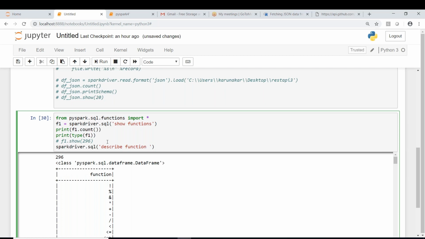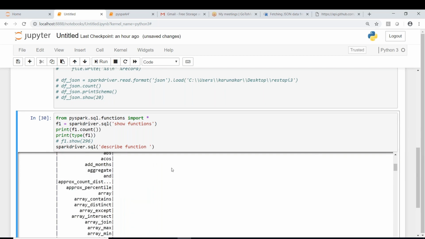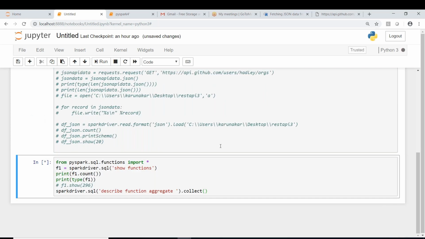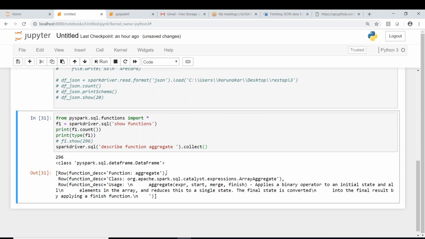Okay, fine, thanks. Let's say you want to discuss aggregate. I would like to see what the syntax of aggregate is and everything. Then you can write like this: collect. We can see how to use it and what its syntax is.